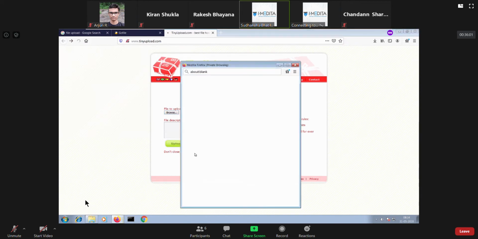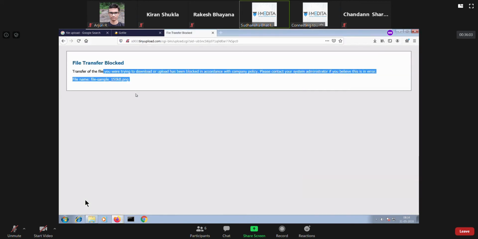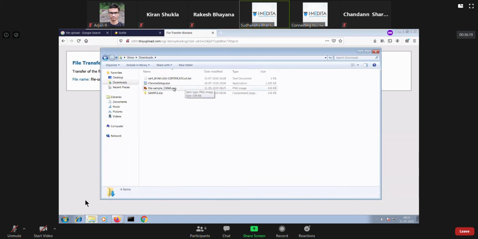Okay, so see, it still blocked it because it's not looking at this extension part. It's really looking at the file and figuring out, okay, this is a PDF. So you cannot fool it like this. Got the point?